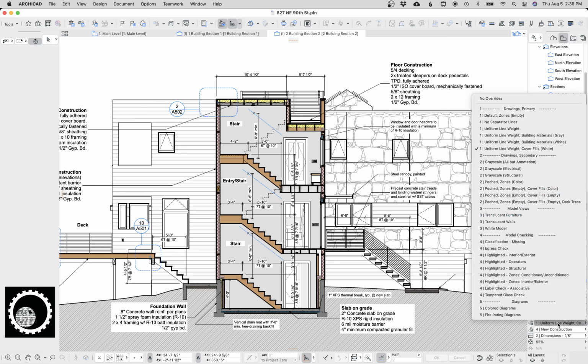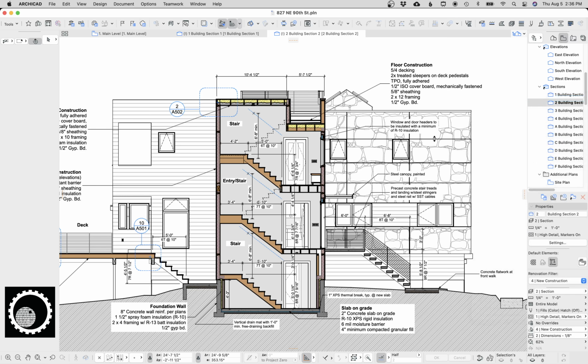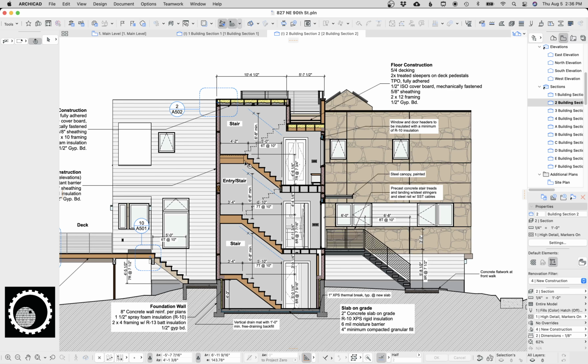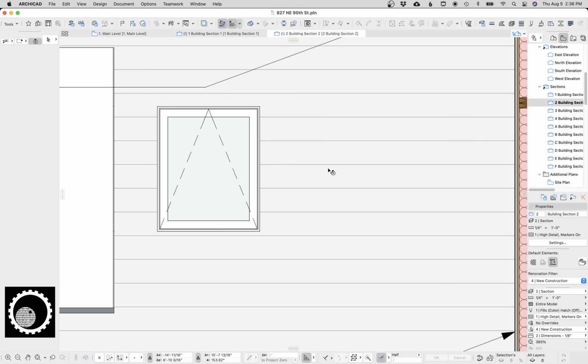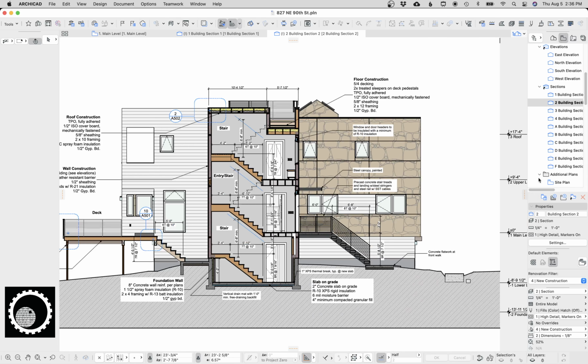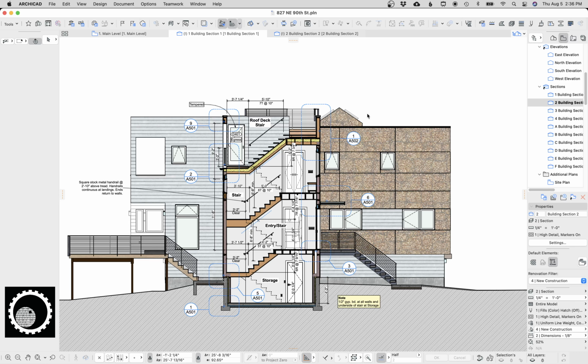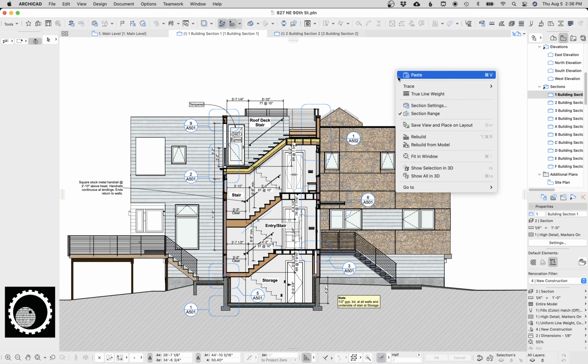If I change that to no overrides, what we'll see is you get the brown of that awesome stone texture, and then there actually is a very light hatch there. You can see it in the windows. So if you're just using the color of the surface, not the texture, you can use graphic overrides to turn that on and off. If you want to hide this, you have to right click and edit the section elevation settings,